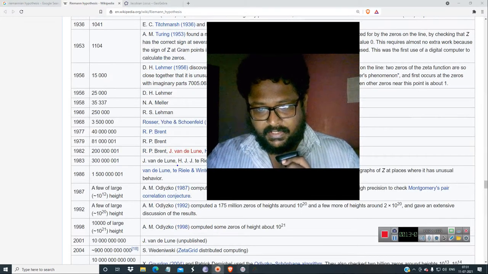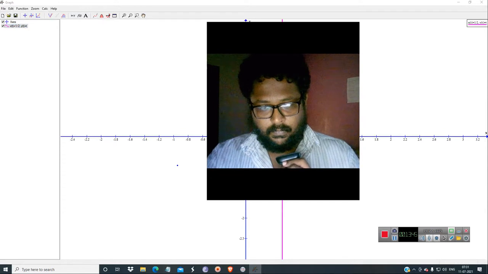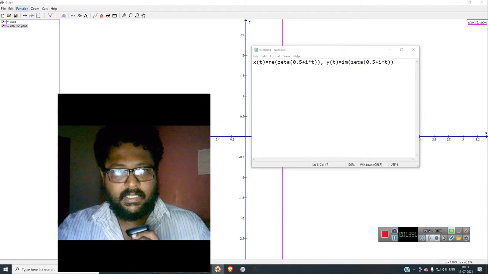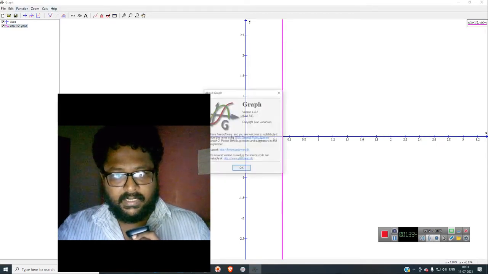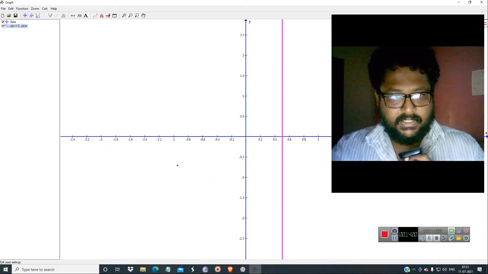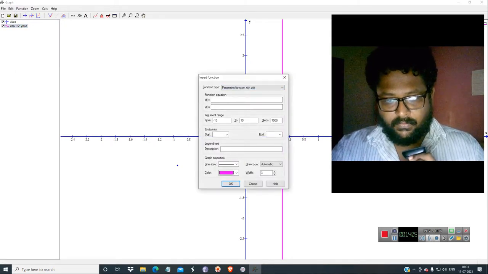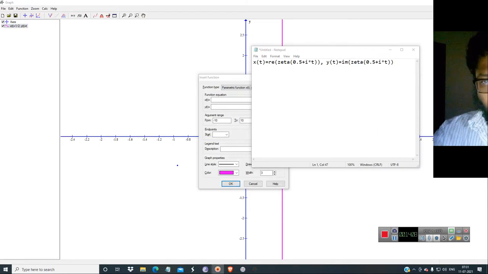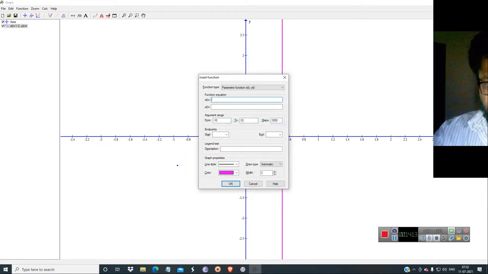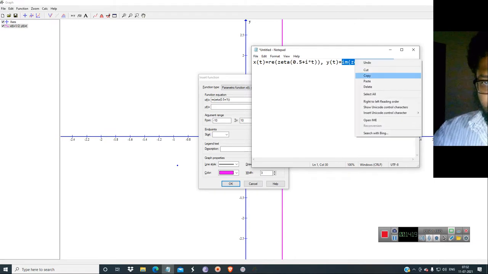Now you just get over here, and I'm just pasting the syntax to plot it in the pad1.graph. This pad1.graph is available at pad1dk. You can download it for free, and Explore Math 3D is also free. Go to insert function and choose x of t, y of t. I'm telling you what the so-called Riemann zeta function's conformal connections are. You place the real zeta, and also paste the imaginary part here.